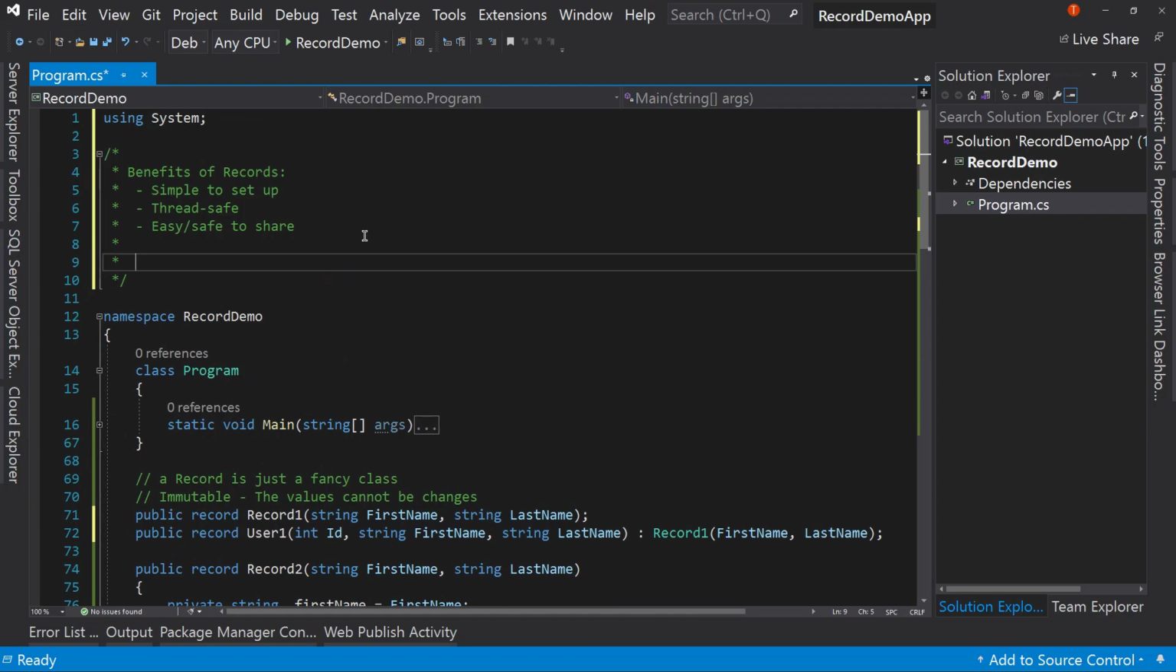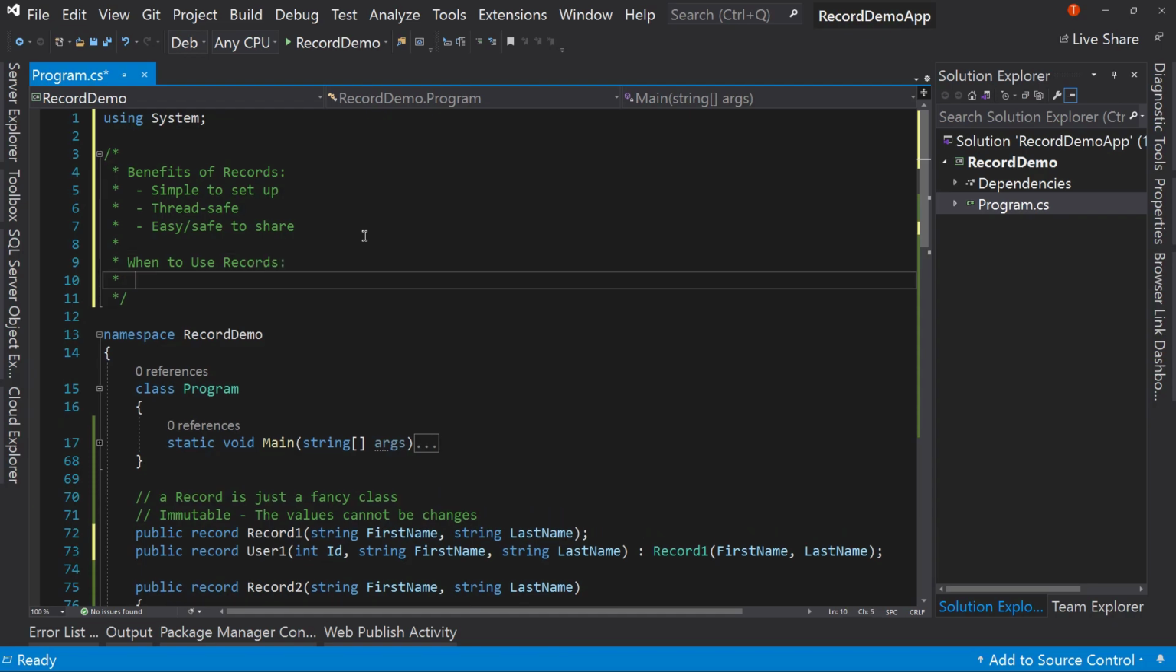So, those are the benefits of records, but let's talk about when to use records. And this is a tough one because there's not this overwhelming pool of things we can pull from. There's not like this list of 100 reasons why you would use a record. With a class instance, there's hundreds of reasons why you'd use a class instance. But with records,